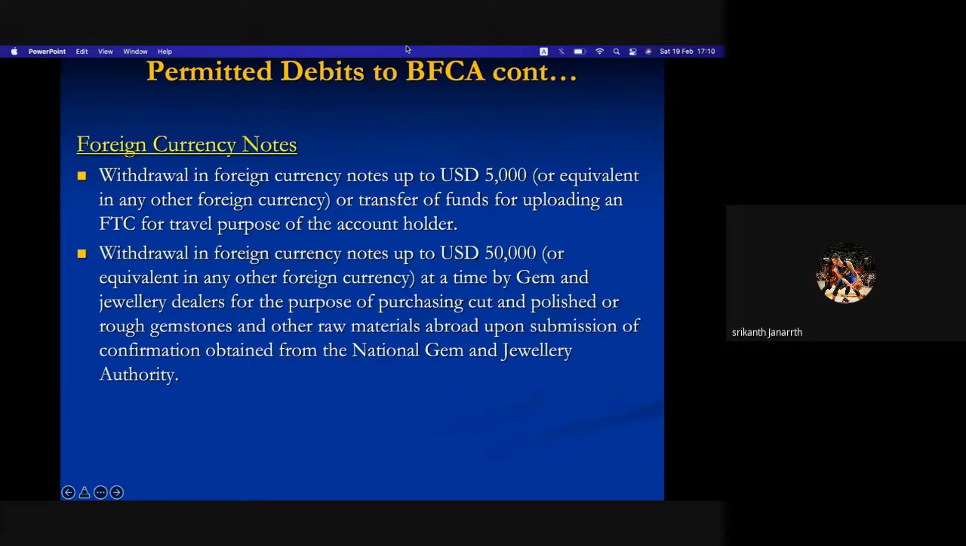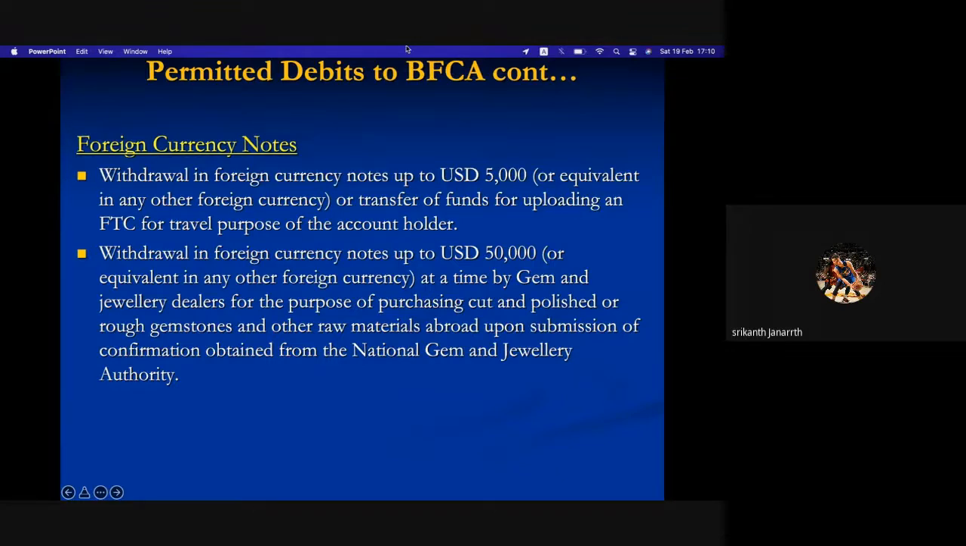This is a special case where the central bank has given permission to the BFC account holder to take $50,000, or the equivalent in currency notes, to a gem and jewelry dealer for the purpose of purchasing cut and polished or rough gemstones. So why was this special permission given? Because gem and jewelry people,